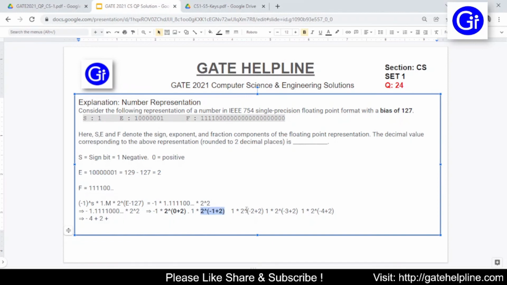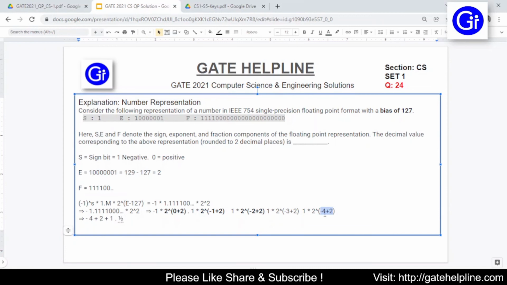I'll just bold this value. Even this value does not have minus 1, because its power is equal to 0. So even this value will be on the left hand side of the decimal now. So it will be 2 raised to power 0, that is 1, multiplied by 1 is 1. So this will become 1. And now we will have a decimal, because this value minus 3 plus 2 will result in minus 1. And 2 raised to power minus 1, multiplied by 1, so we can write it this way, 1 upon 2, because we are converting into decimal.